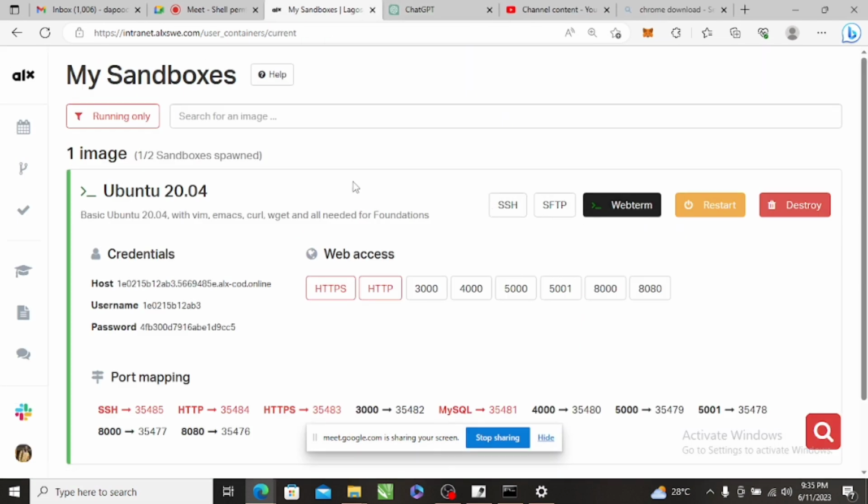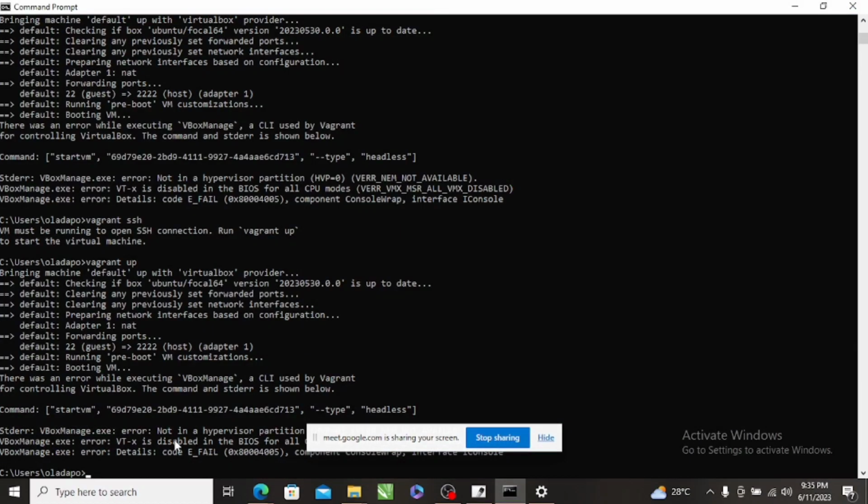So let me just show, for those that are just joining, other ways to connect to the sandbox. You can always use your command prompt. I'm trying to bring up my Vagrant, but it's not coming up. Please kindly mute yourself if you're not talking. Vagrant has been messing up lately. Probably the latest version is having an issue or something. So I want to connect this